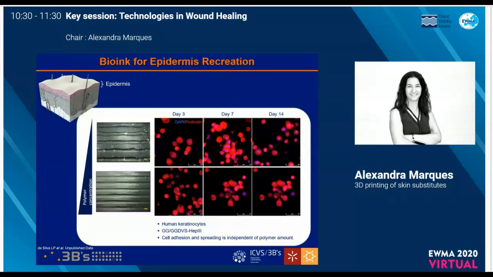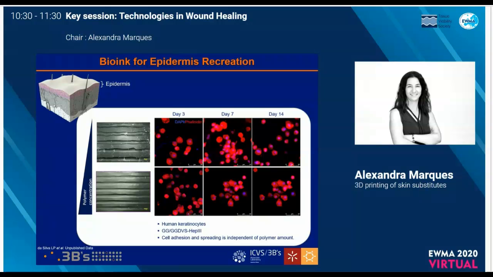When we first started using these gellan gum based bioinks modified with peptides, we looked at the epidermis and then to the basement membrane that is composed of collagen 4. And then we selected this peptide, HEP3 peptide, that is a sequence that is present in the collagen 4, and combined with the modified gellan gum at different